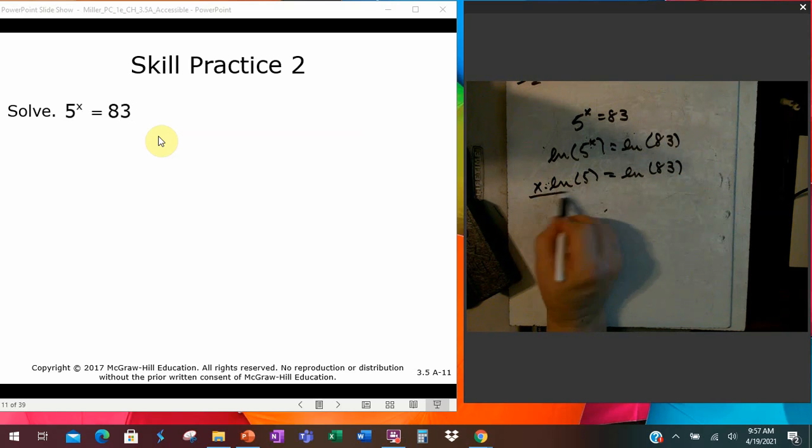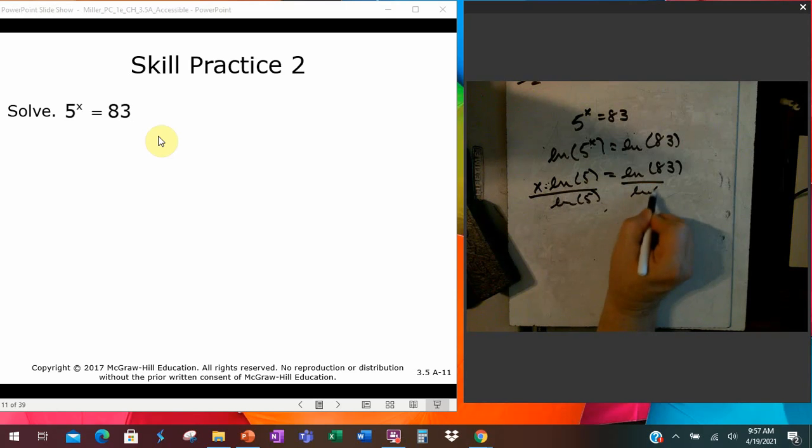I'm solving for x, so I want to divide out ln of 5. And if I do this on my calculator, ln of 83 divided by the natural log of 5,